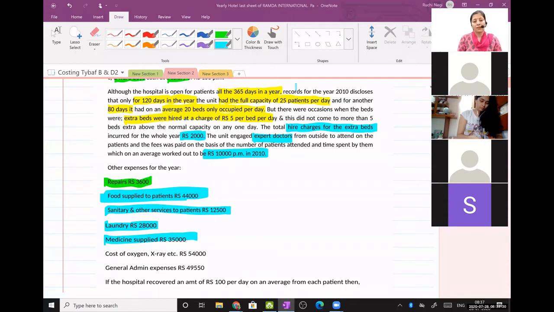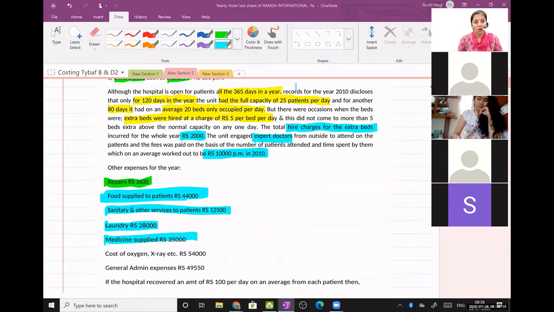Yeah. But you can even take it in fixed. You know why? Because the cost of oxygen is the oxygen cylinder which the hospital keeps with them. It is mandatory. Every hospital should keep some minimum requirement of oxygen cylinders with them, so it does not depend on the number of patients. You have to keep it. It's mandated by law. If you are setting up a hospital and you admit people, oxygen cylinders are a must. It does not depend on whether patients come to you and only then you purchase the oxygen cylinder.